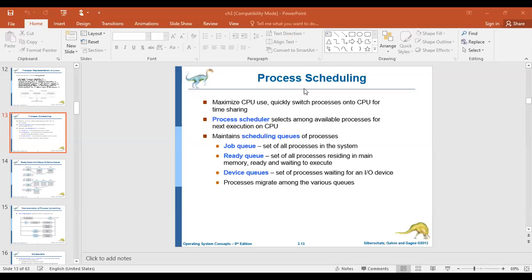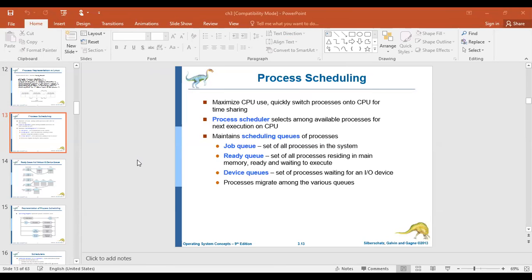Okay, if we are able to make it busy, so that it can process n number of instructions at the same time, so that within less amount of time, you are able to process more number of instructions, more number of processes, right? So that is the main objective of this scheduling.